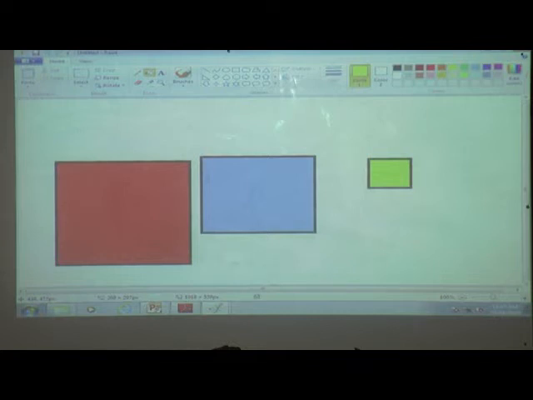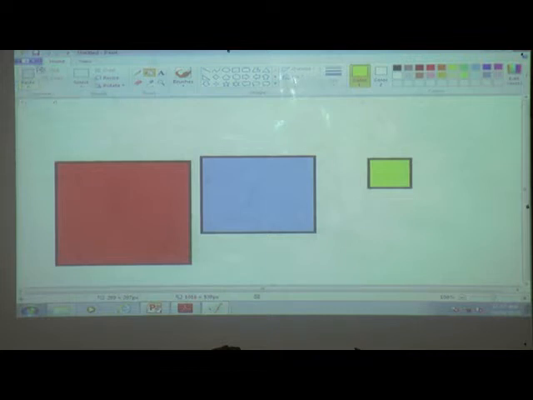Now, is the file saved? No, we did not save it. Then how to save it? You can see this is the Paint button.